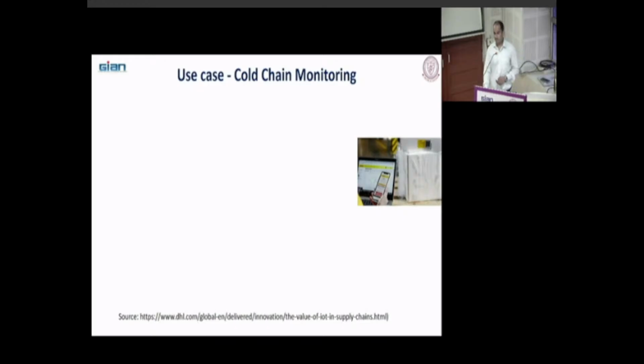Cold chain monitoring: if you are moving goods in a cold chain vehicle and your focus is to maintain temperature. For example, COVID-19, what was the temperature requirement? Pfizer, minus 70 to minus 80 degrees. In developing countries, it is very difficult to maintain that much cold. And if you use contaminated vaccines, it is very dangerous for people's lives. So cold chain logistics is very, very important.